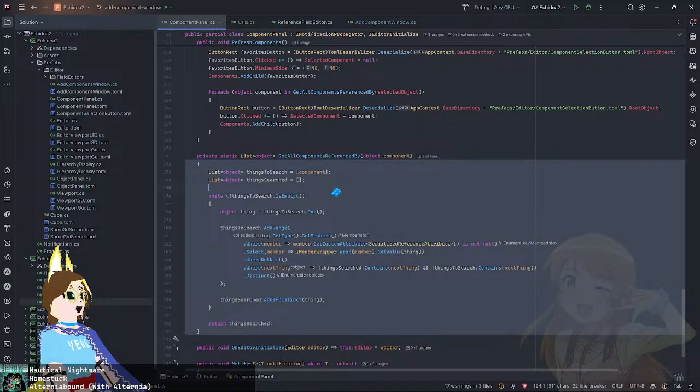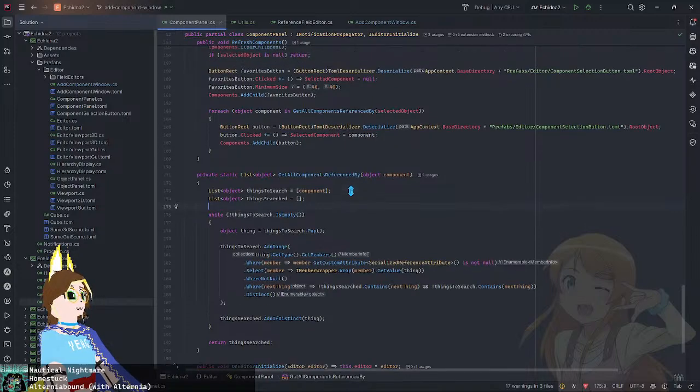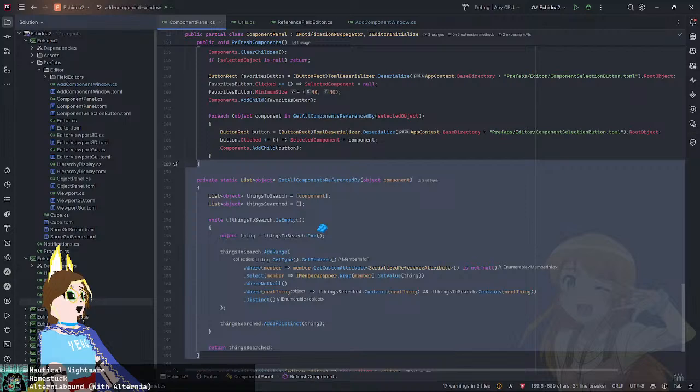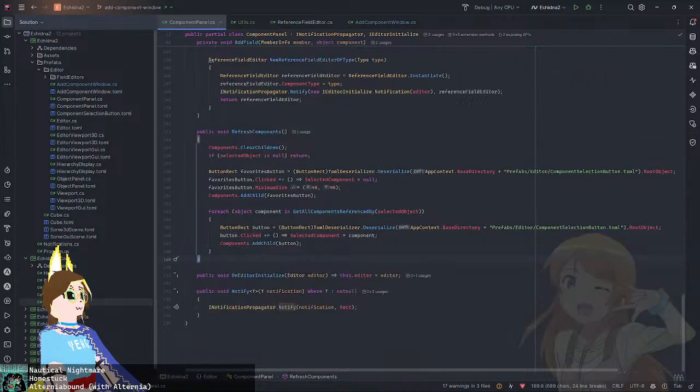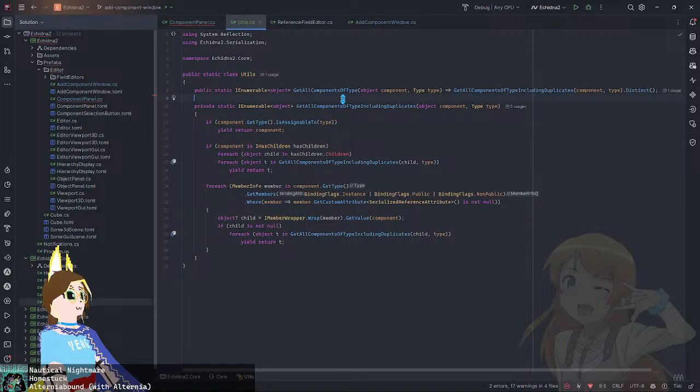Oh, this is doing a different thing. No. Yeah. This is doing the same thing. This is literally just doing... Where's utils? This is just get all components,